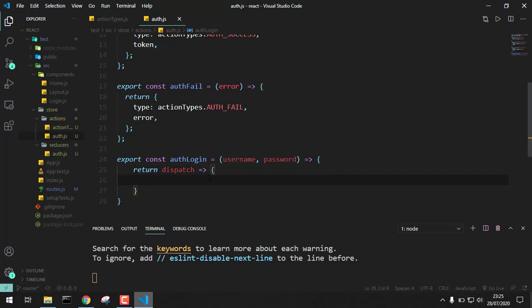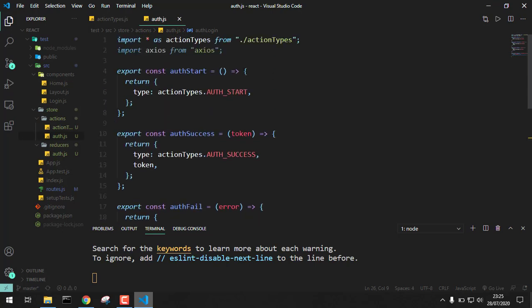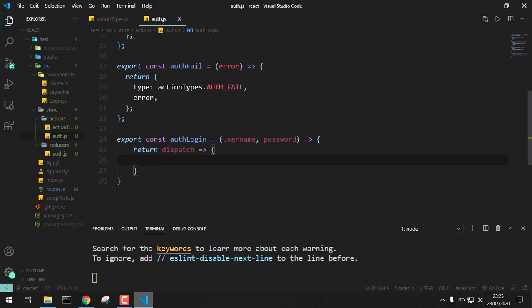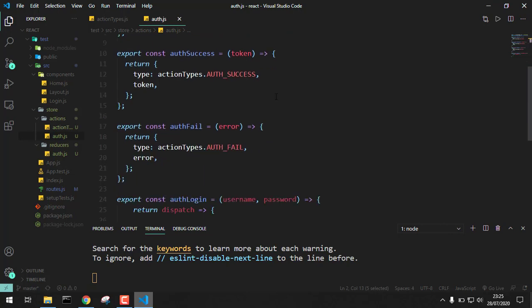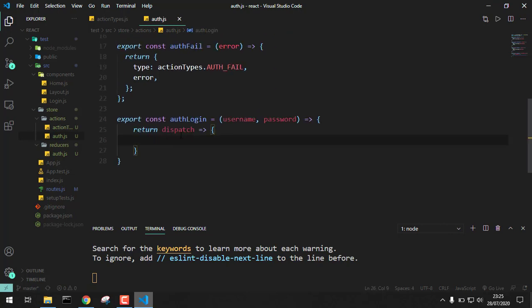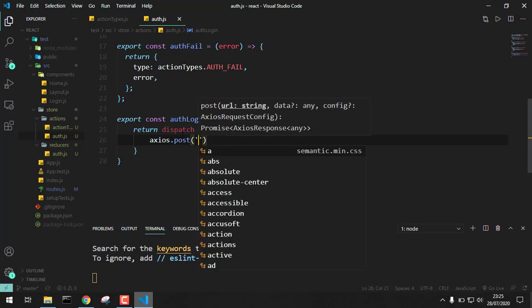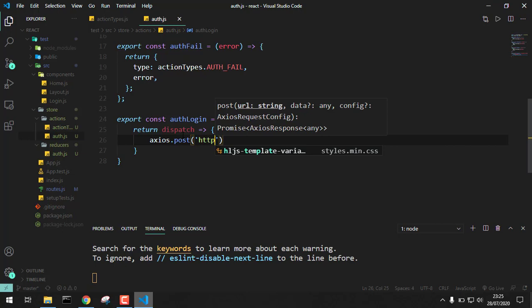We will dispatch an object, and in that object is where we are going to perform our logic of logging in a user. As I said, we'll be using Axios, and you can use any package that you like. You can also use fetch, but I like to use Axios. So in here we'll do axios.post, and in there we'll pass in our URL, which is http